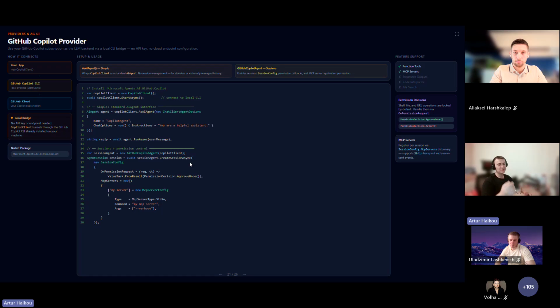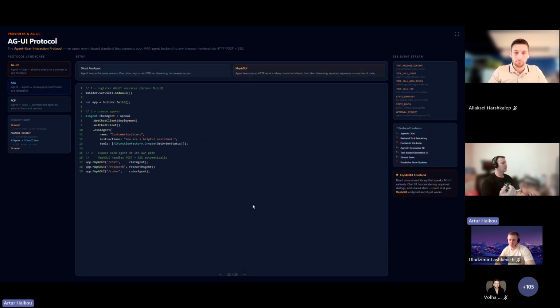And I will show what I created with this functionality. What next? You're able to utilize the AG-UI protocol, where you're able to connect your backend agent to any UI that is compatible with this protocol.